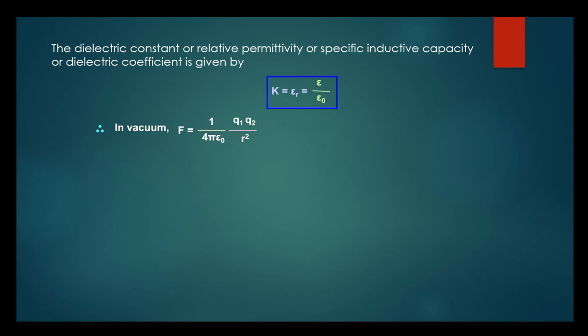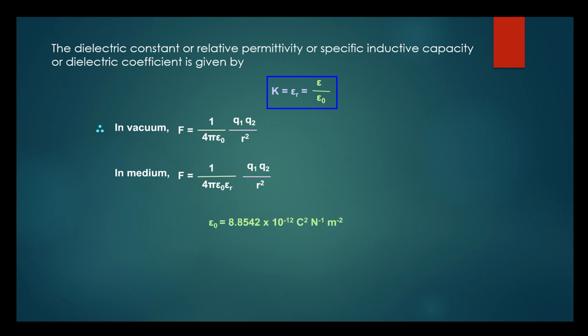Instead of K we have written 1 by 4 pi epsilon naught. In a medium we can write 1 by 4 pi epsilon. Instead of epsilon we can write epsilon naught into epsilon R. That can be seen from the equation which has been kept in the blue box. From there we can write the value of epsilon as epsilon naught into epsilon R, Q1 Q2 by R square,